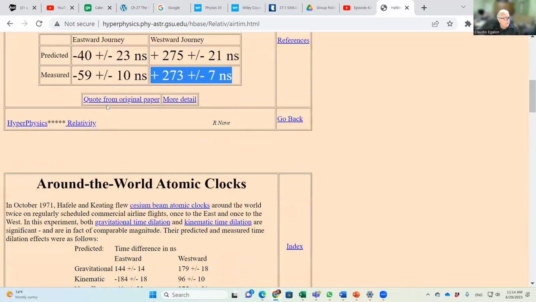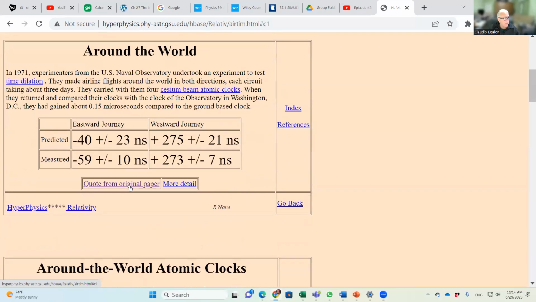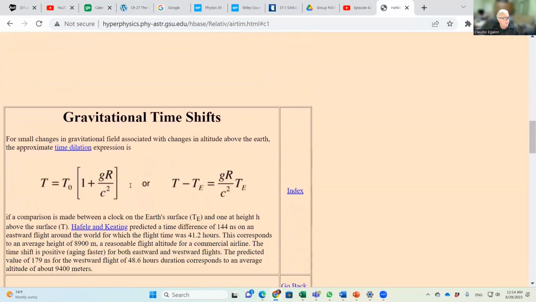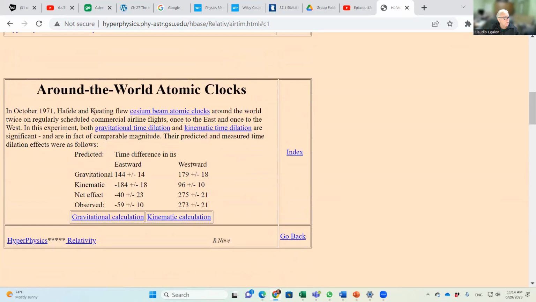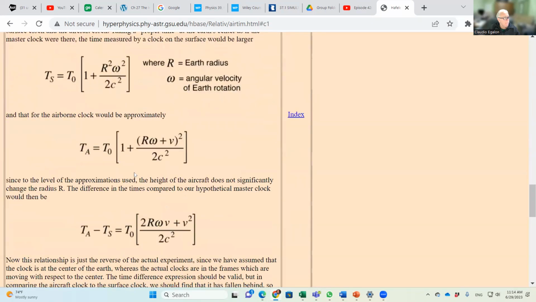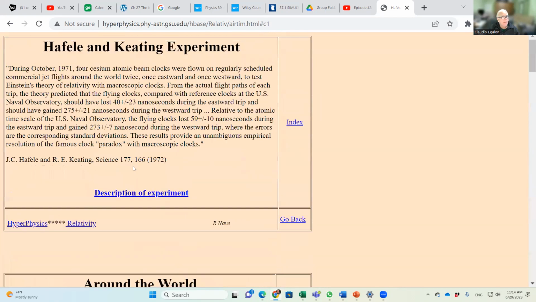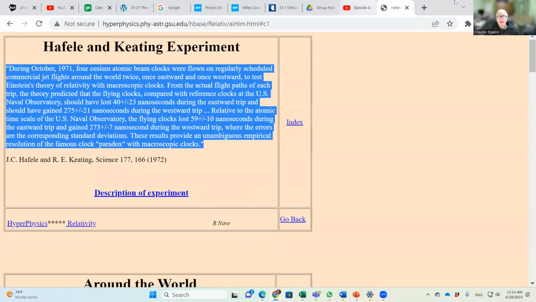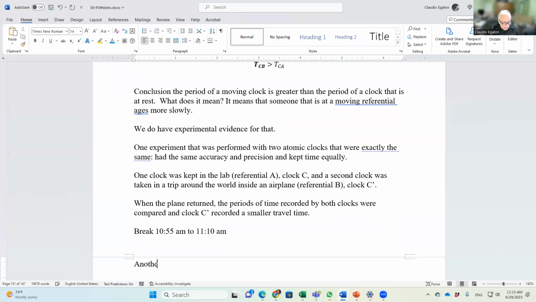Quote from original paper, let's see. Okay, description of the experiment. I want to see the actual paper. It doesn't look like they have the actual paper, but that's one experiment. Another experiment that they did, another experiment that was conducted